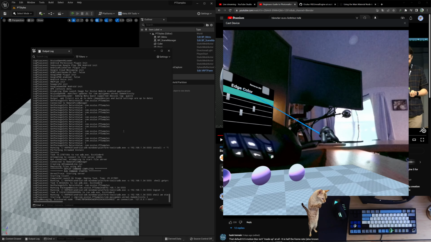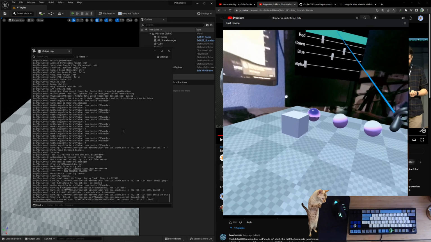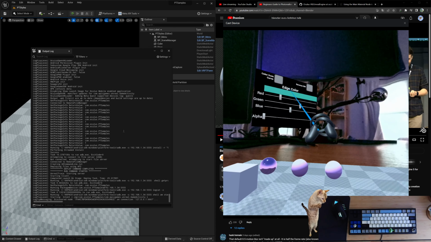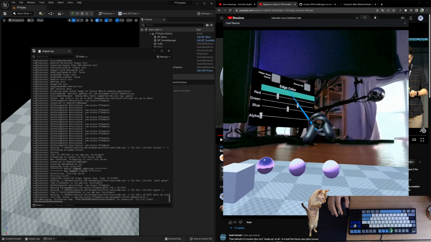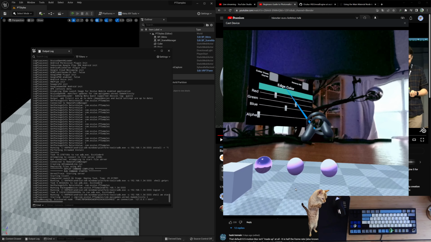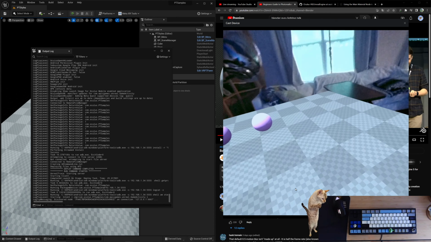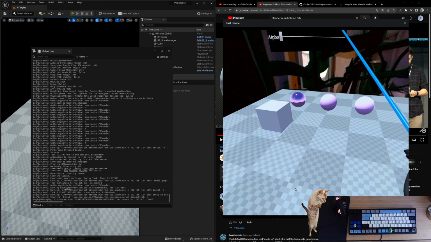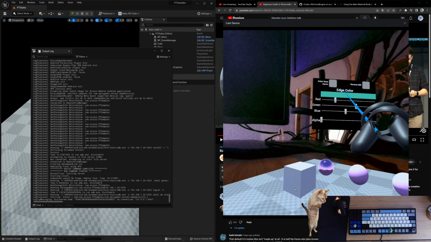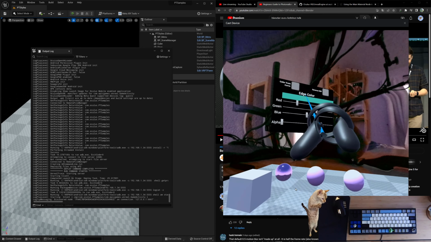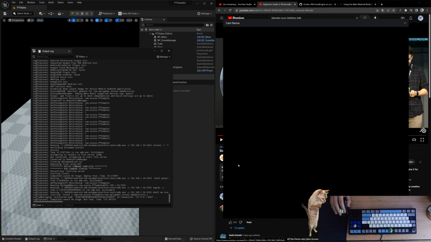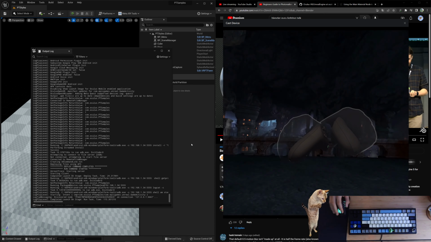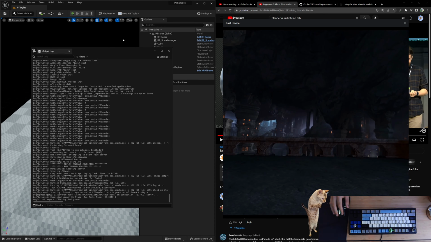All right, we're back. So, all right, we have it running on the Quest now. So we can see the different properties here of these little objects. But you know, we're still not getting any shadows. And I think maybe part of the issue here is that the object, this floor does not receive